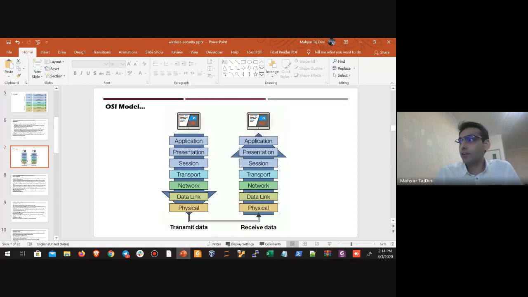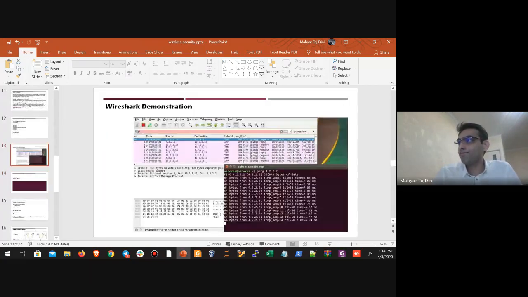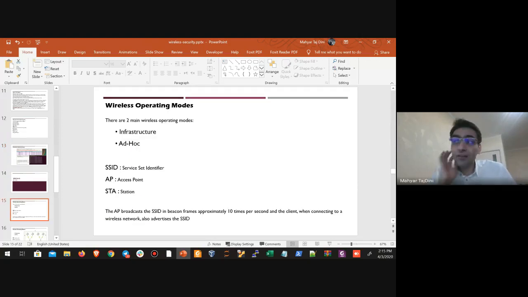And then we were talking about Wireshark, and we've seen how we can capture the packets. Today, we are going to talk about a bit of wireless details